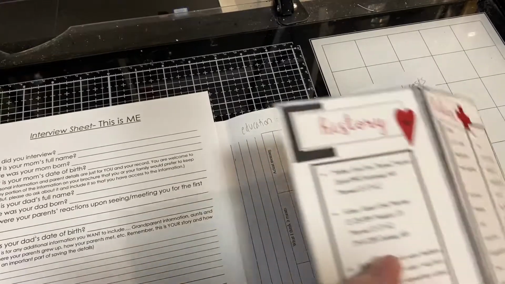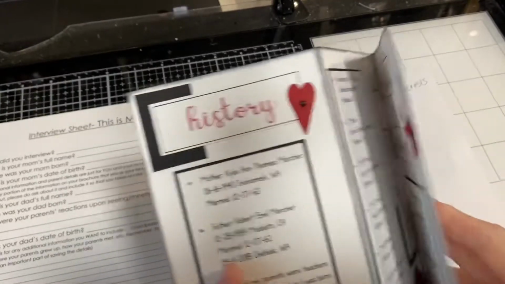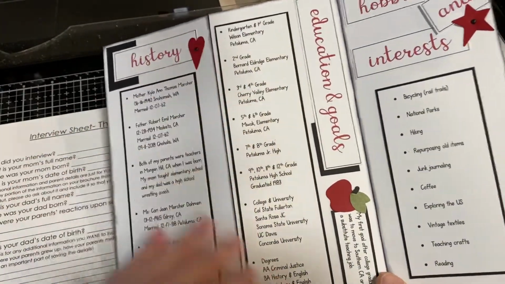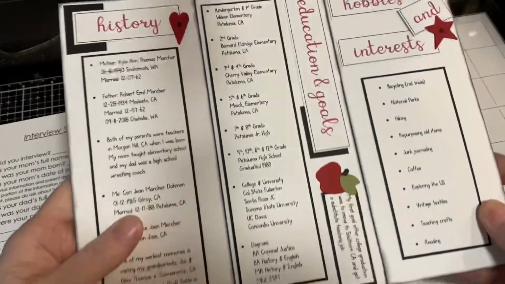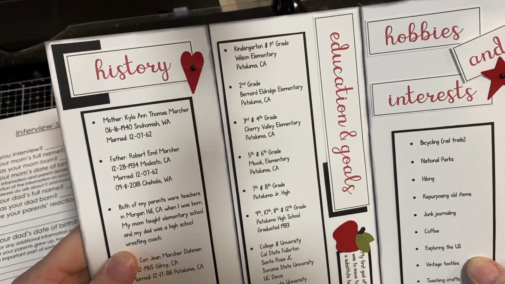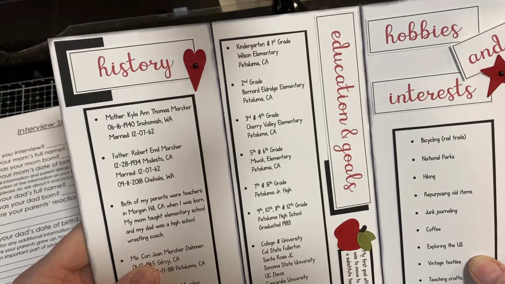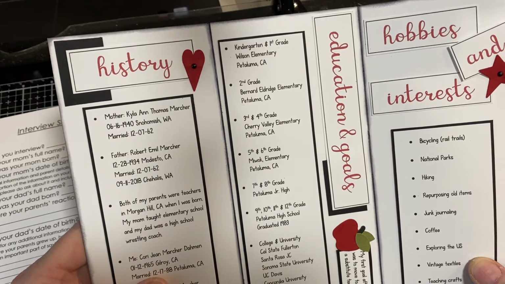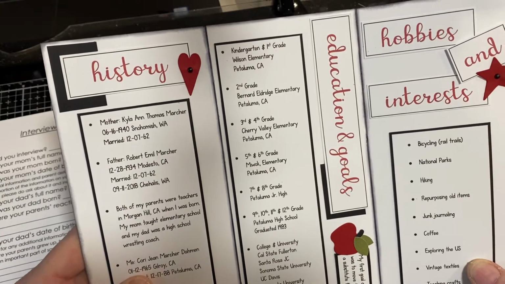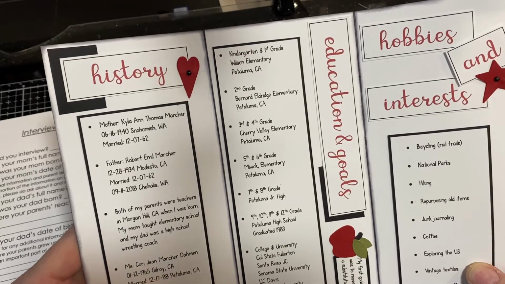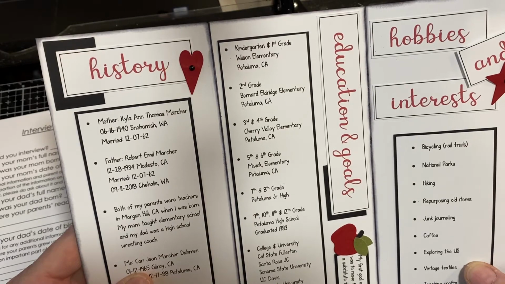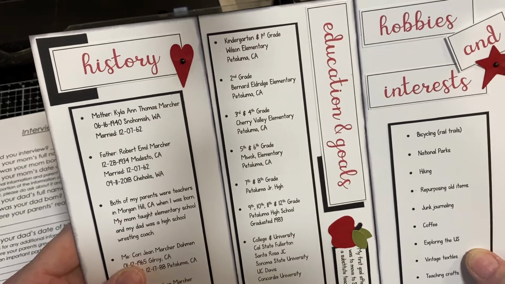Well, now mine's going to look a little different from yours because I'm an adult and I'm older, and I couldn't put all of the jobs I've had and all of the places I've worked and all of the education I've got. I just did a basic outline. And I included, when I was in elementary school, my parents were both teachers. And so many times I would change schools based on where they were. So for kindergarten and first grade, I went to Wilson Elementary. I grew up in Petaluma, California, which is just north of San Francisco in Sonoma County. Kindergarten and first grade, I went to Wilson. But for second grade, my dad had changed schools and he went to Bernard Eldridge. So I went to school there.